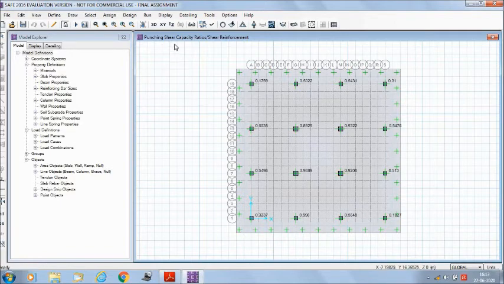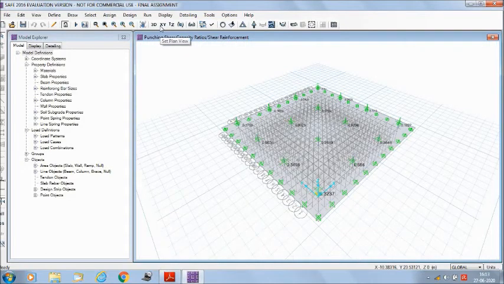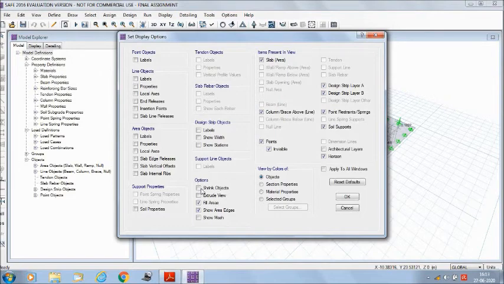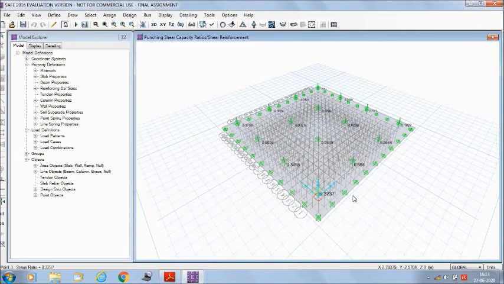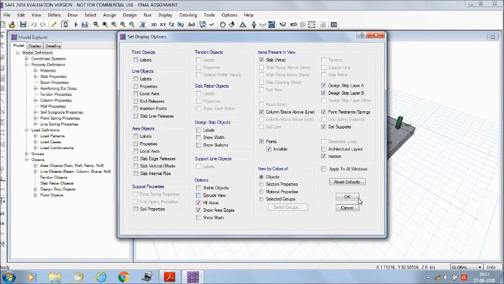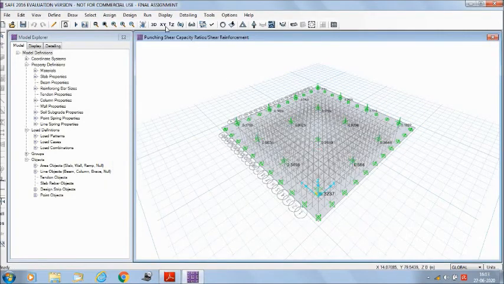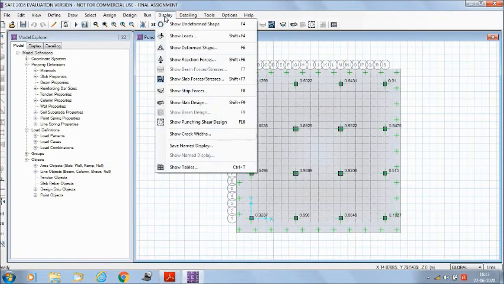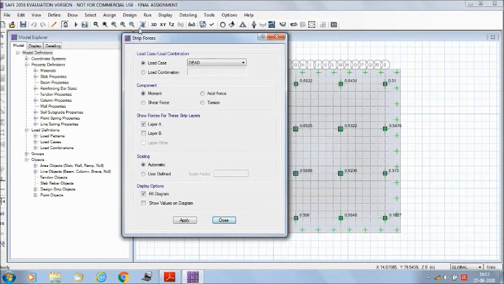Now in the set display option, first of all we will go to 3D view, then in the display option extrude view we can see the columns here. Now we will uncheck the extrude view and come to the XY plan. Now we will go to display, show strip forces.